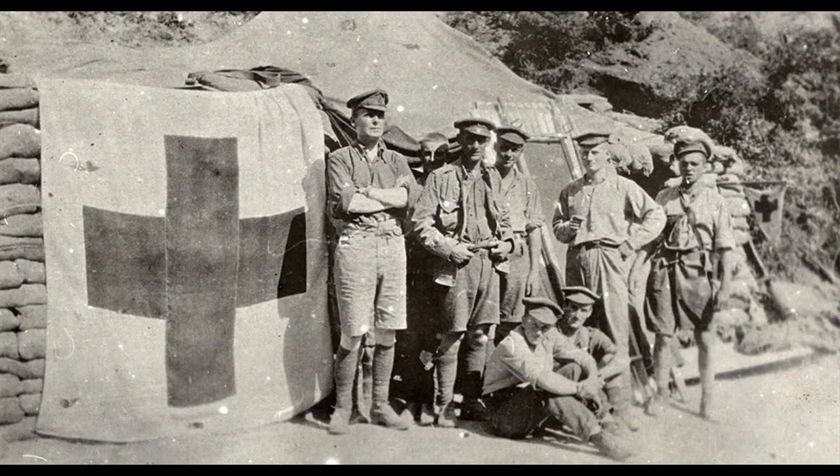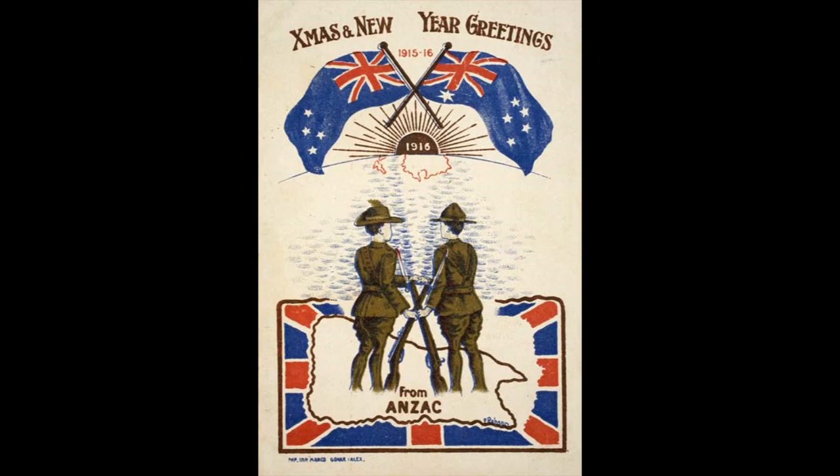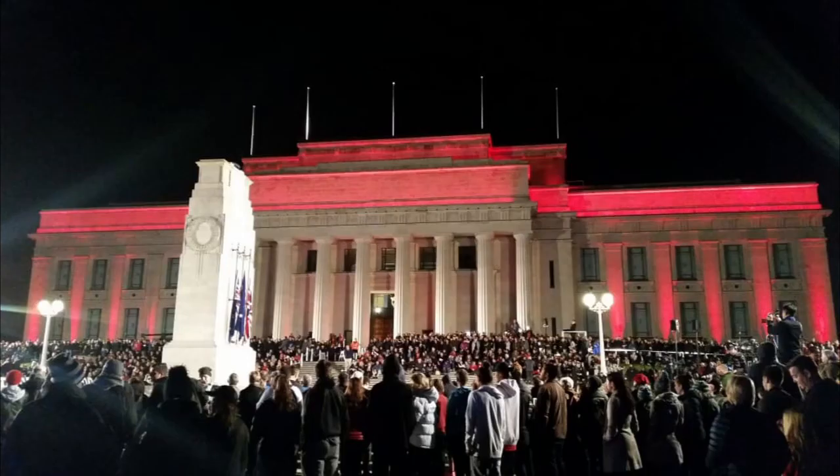withdrawal in early 1916. However, New Zealand and Australian troops fought side by side, and this helped forge unique cultural identities for both countries and created a strong bond between the two. On April 25th, the date the Anzacs landed at Gallipoli, both New Zealanders and Australians paused to reflect and remember